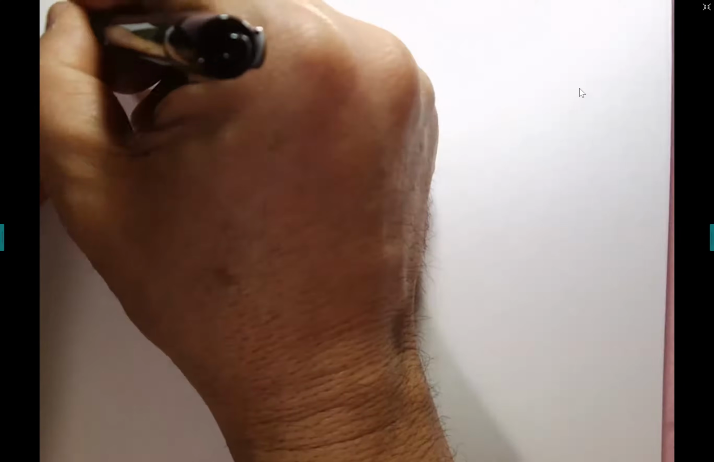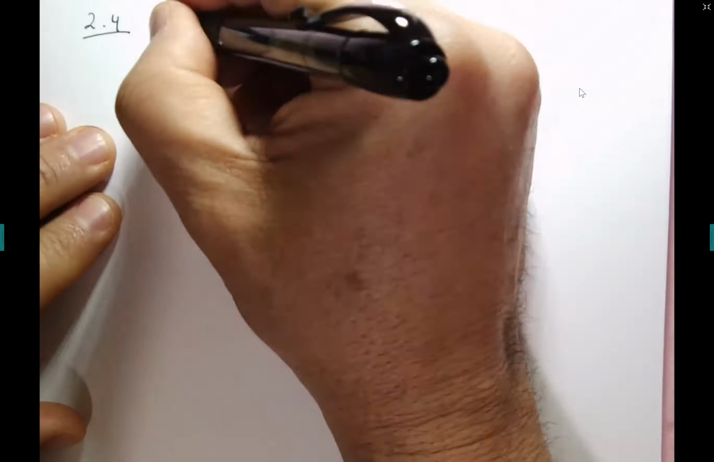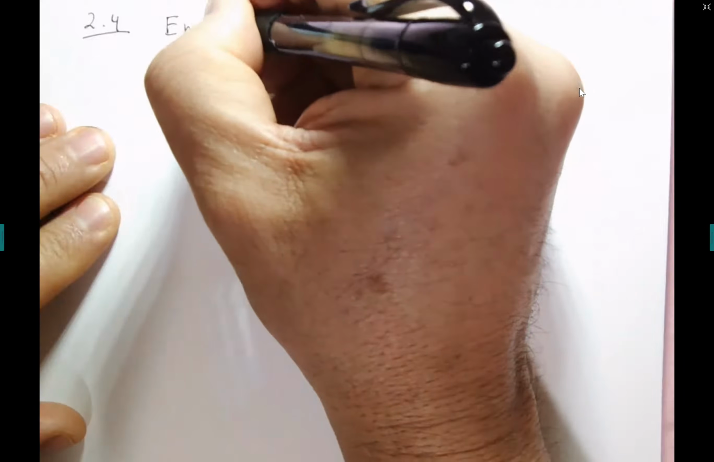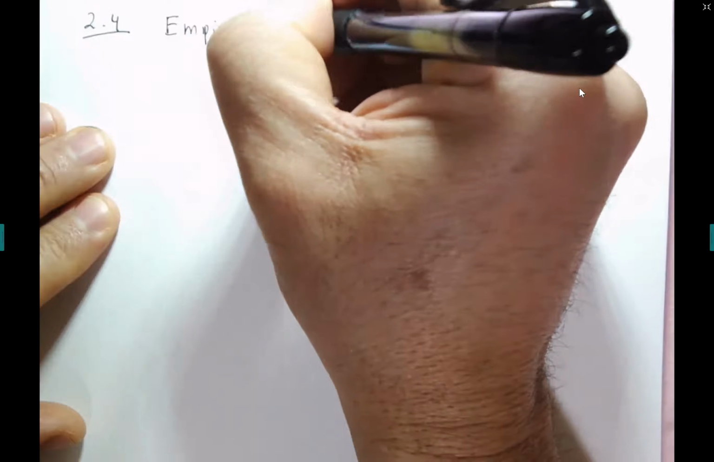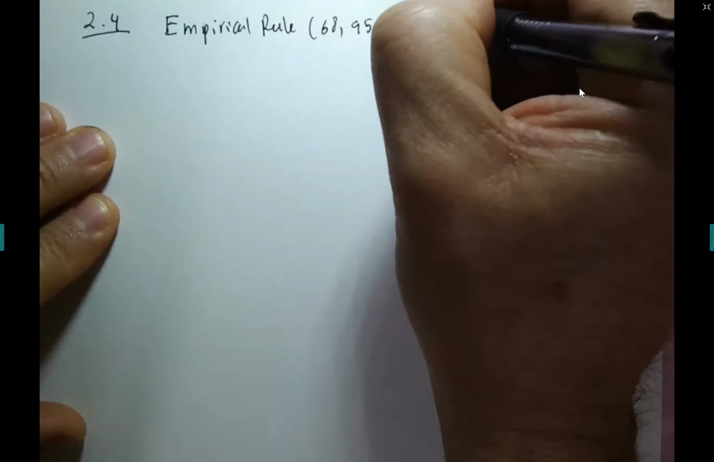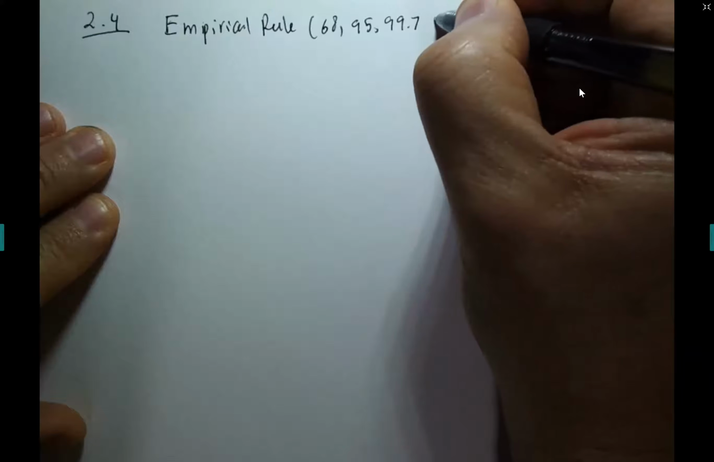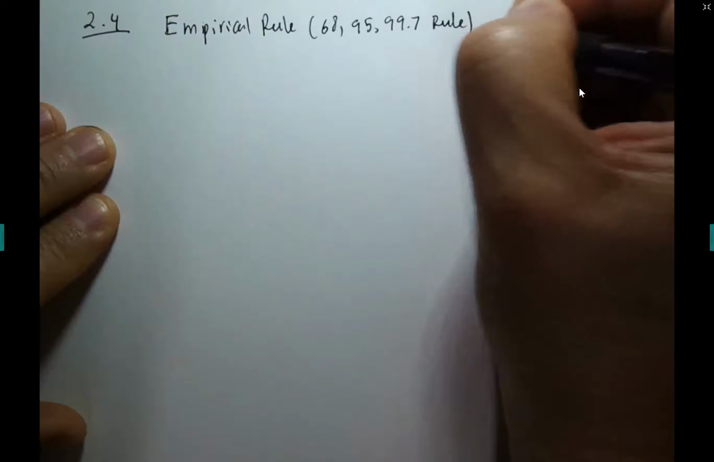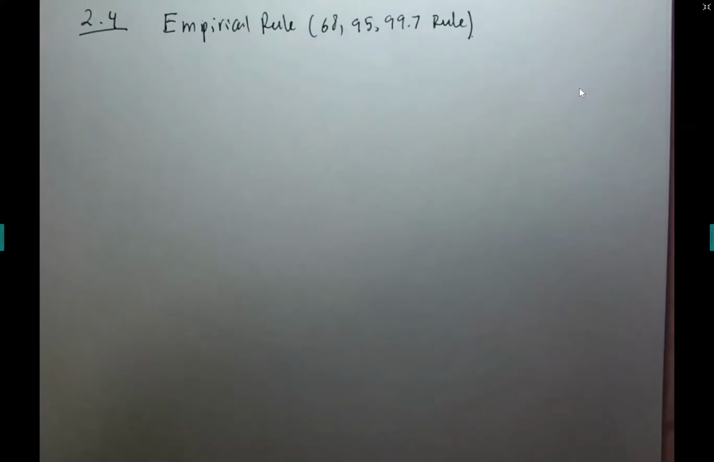So this is a continuation of section 2.4. It's called the 68, 95, 99.7 rule. You will know what that means in a second. Remember, guys, when we talked about the shapes of histograms the other day, I showed you 4 shapes,